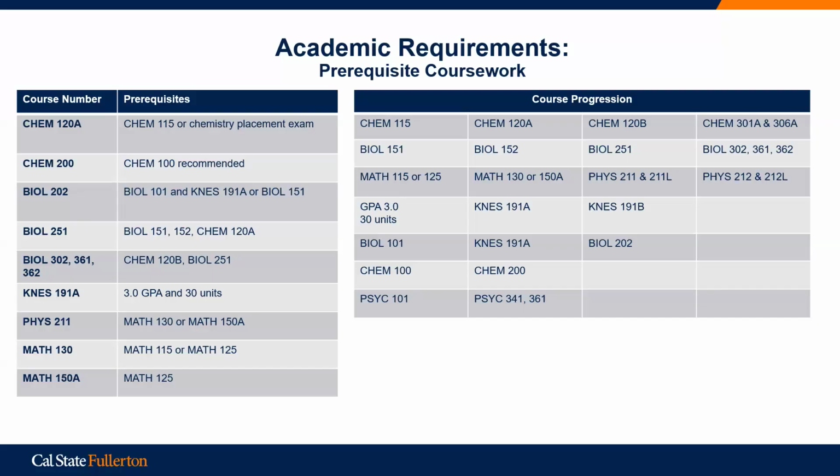So you can kind of see that there's a progression here, right? We might do Chem 115 and Bio 151 the first semester, then Chem 120A and Bio 152 the next semester. Then we can move on to Chem 120B and our genetics, right? We don't have to take them in this exact order every single semester, but it's helpful to see which courses have to come first